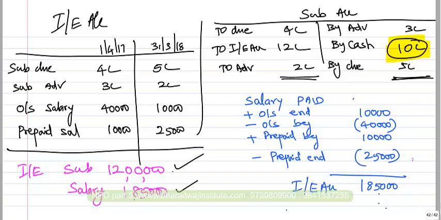Please remember, we are going to do reverse working. While doing forward, if you add, while doing reverse, do the opposite, minus. For example, 1,85,000. What will you do with this 25,000? Forward, you reduce it. Reverse, you add it. Then this 10,000 minus this 40,000, add this 10,000 minus, tell me the amount. 2,30,000. This is what is paid.